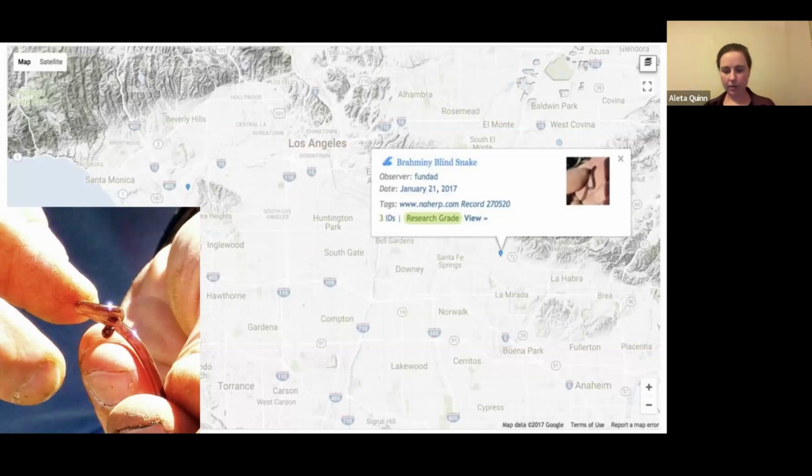And they're only surface active for like 2 weeks out of the year because they breathe through their skin, so they have to stay wet, meaning they're only up when it's raining, which in Los Angeles is not a lot of time. So we had to get out there, and we found a bunch of salamanders, and we learned all